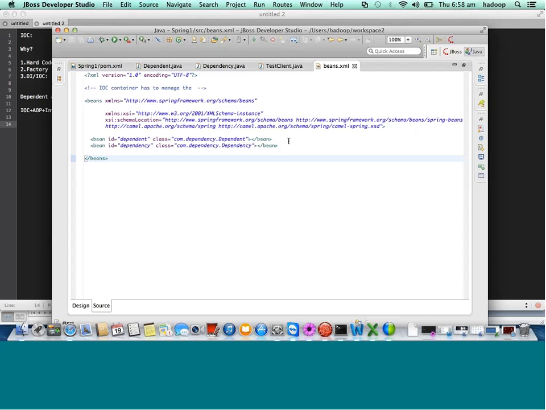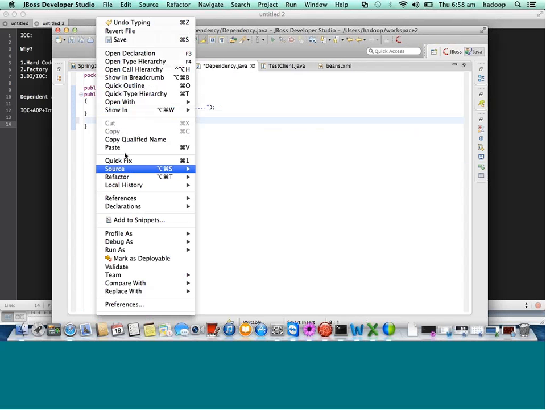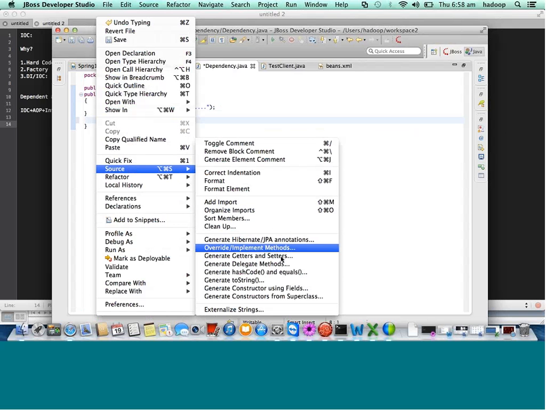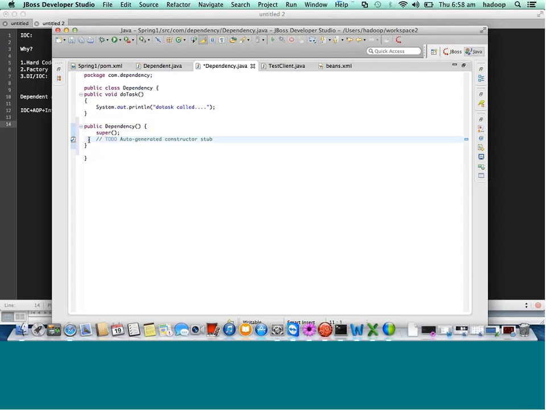Now I need to ask my container, give me an object of Dependent, right? So let's see whether it is creating or not. For that, I'll write here a default constructor of Dependency. I'm going to Source, Create Constructor. Now this is very important to understand, because you should not get confused about where the object is getting created. I'll write here "Dependency created",